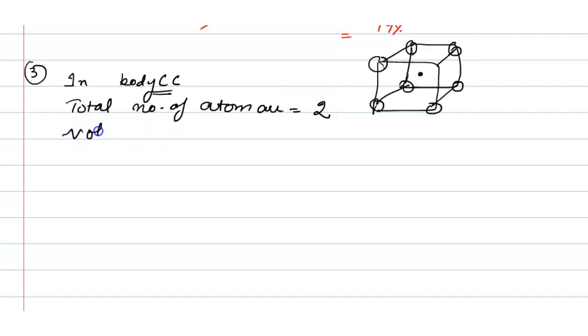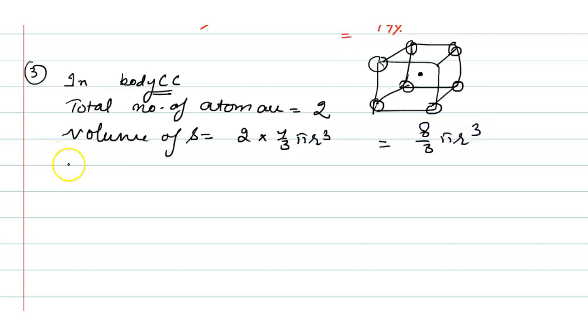Now volume of sphere is equal to 2 into 4 by 3 pi r cube. So we will get here 8 upon 3 pi r cube. Now we will find the value of a. So if we will find